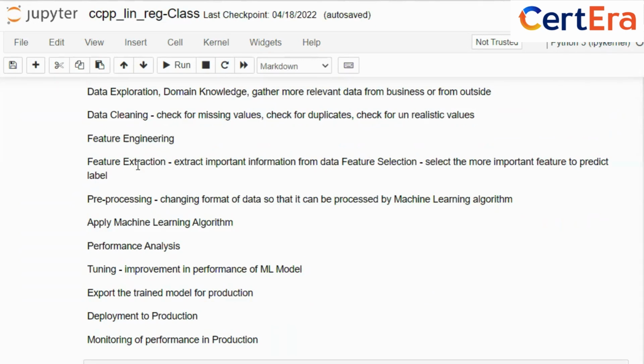Then two things we will do, that is called feature extraction and feature selection. Feature extraction means extracting important variables from the data, and selection means selecting only the relevant ones. First, we will extract the features, and then select the relevant ones from those extracted. Right? After that,